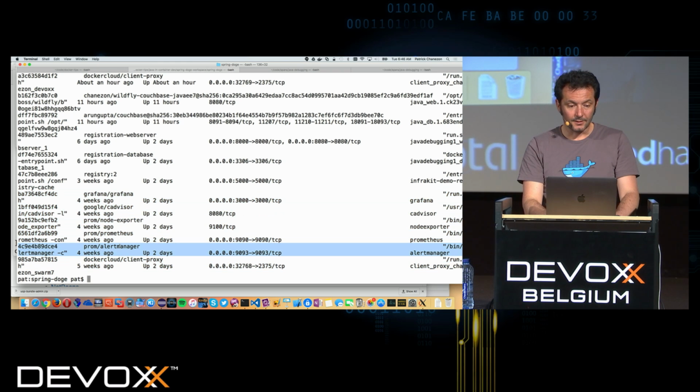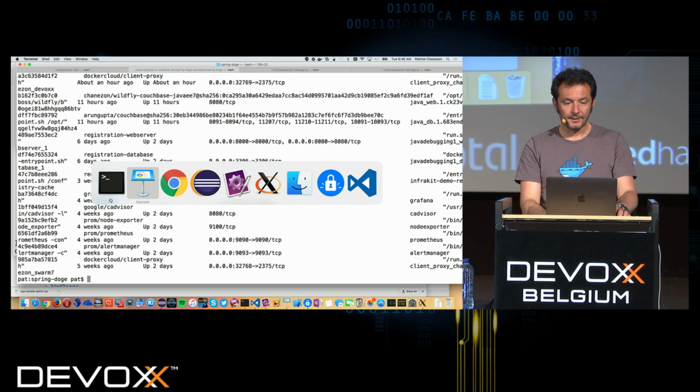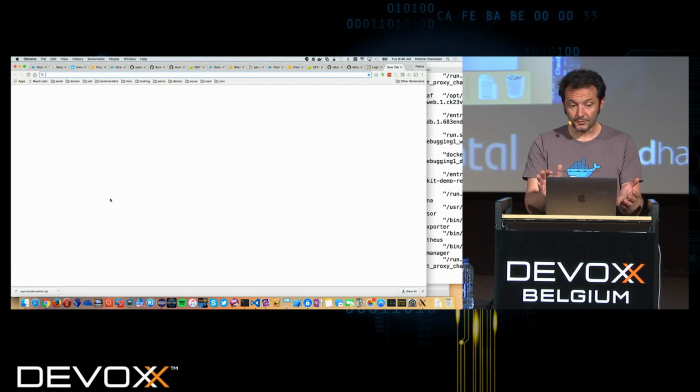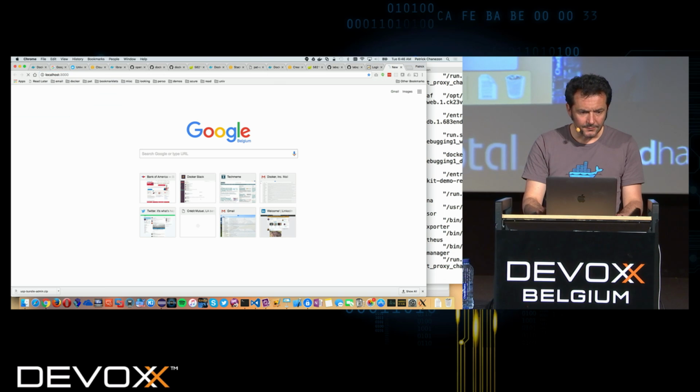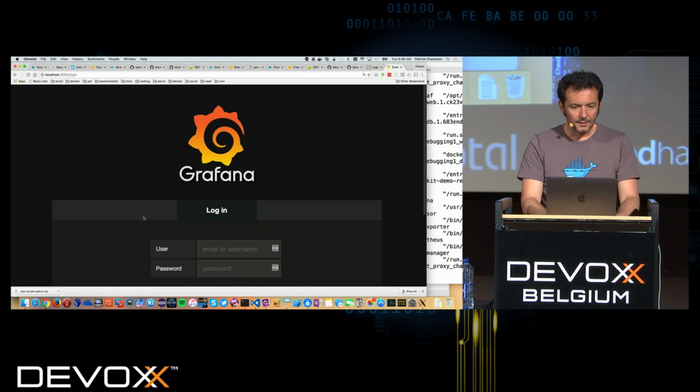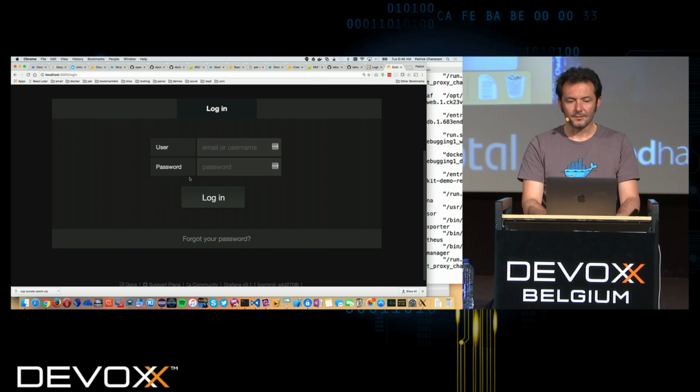So here I have Prometheus Alert Manager, Prometheus itself, the node exporter, cAdvisor and Grafana. And the result of that is a full monitoring stack for your containers running locally. So here, if I go to localhost on port 3000, I think. I don't remember my login, though.